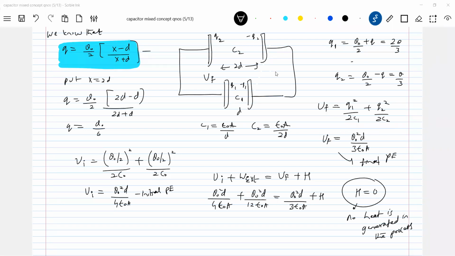Potentials must be the same. The potential of the capacitor must be the same. Then the capacitance changes. Again, I'm asking you to analyze everything with the help of this formula only. Here, what will happen to the potential difference across the capacitor? It must keep this value. If you look at this capacitance here, the capacitance is fixed.